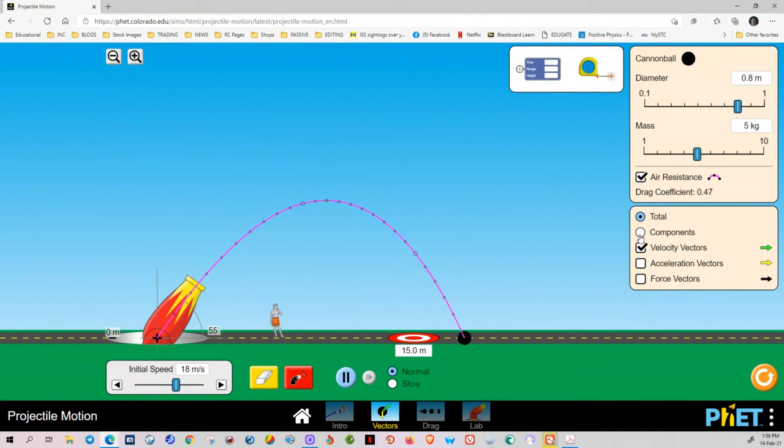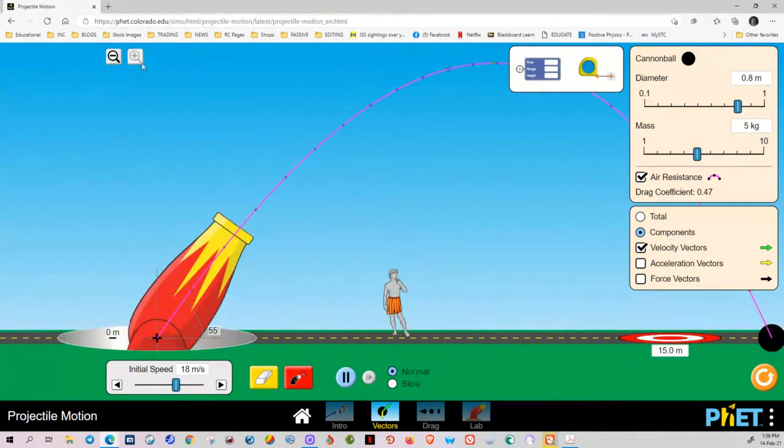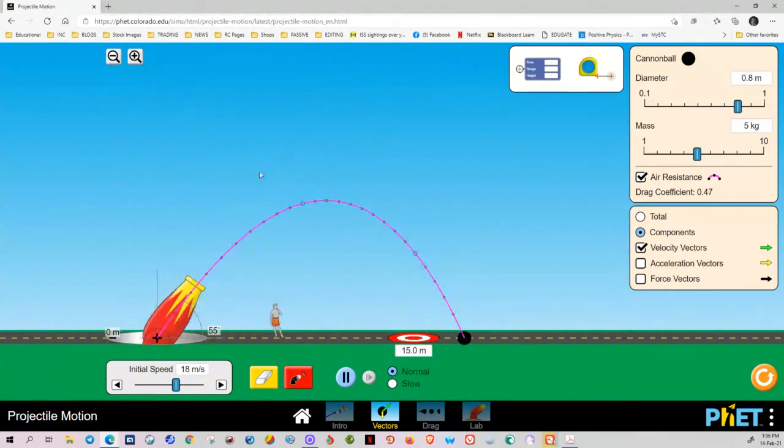Now, we want to see the components, x and y. There you go. It shows us the components of the vectors, x and y. Let's change the